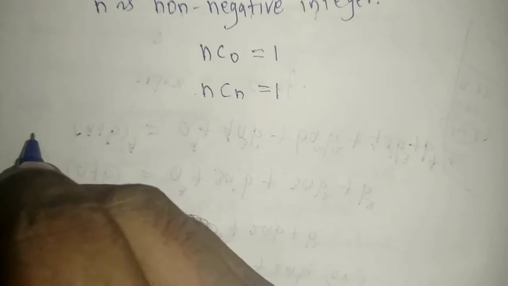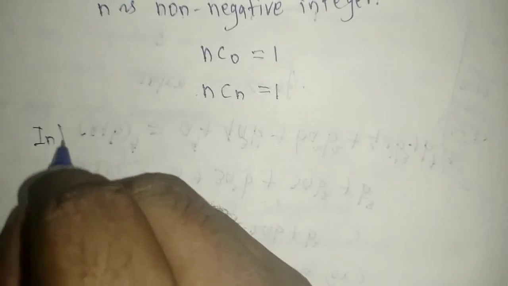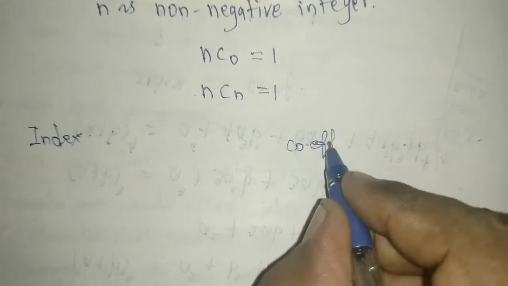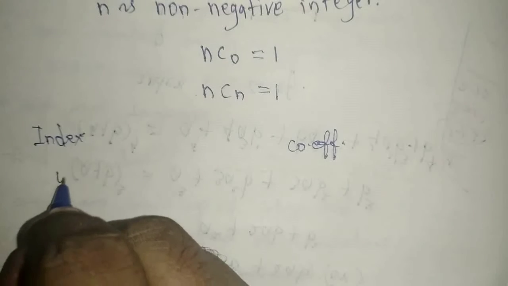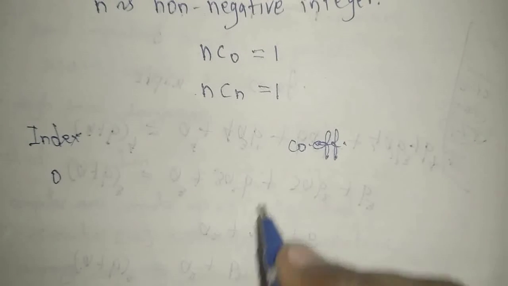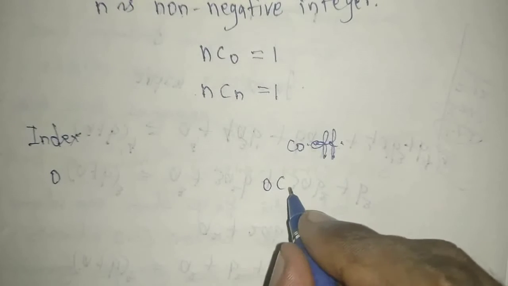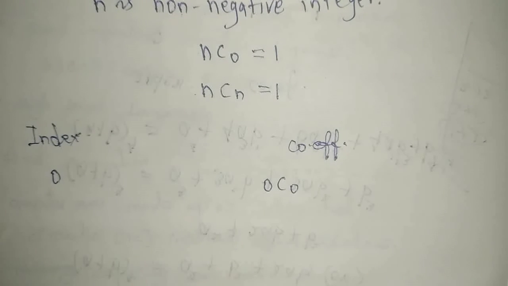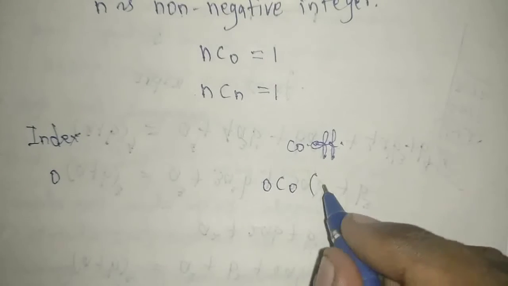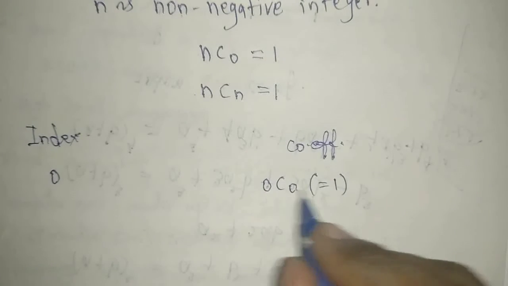And here also you have to divide first index, meaning what we are giving, and here the coefficient. Suppose I'm giving 0, meaning the n value is 0. If I give 0C0, both are equal to 0. For this, what answer will you get? It will be equal to 1, because both are the same. I said already, equal to 1.